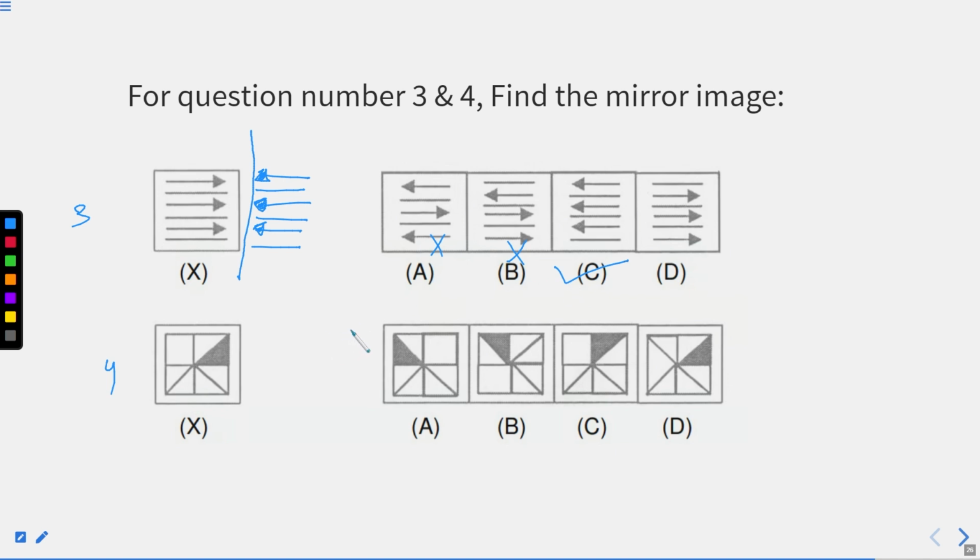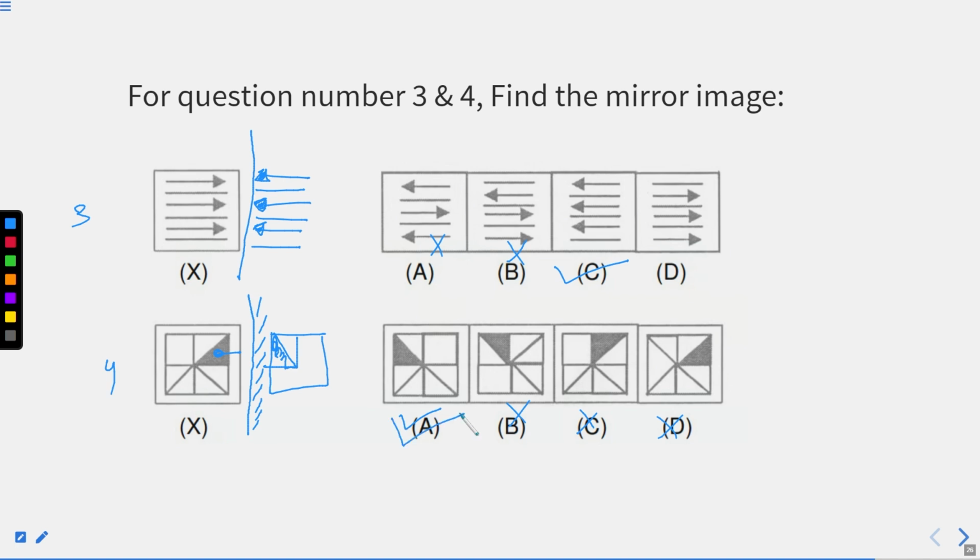Students, I'll take 3 to 4 more examples just to make you understand this topic clearly. Although the procedure that we are going to follow will be the same. How should you approach an answer with the help of options to increase your speed, right? So for that, we have this. We have a mirror. Now we know the shaded region is in the lower part of the first quadrant. So in the mirror image, this part should be shaded. So check in which of the following options this part is shaded. In option A it is shaded, option B it is not, option C it is not, option D it is not.